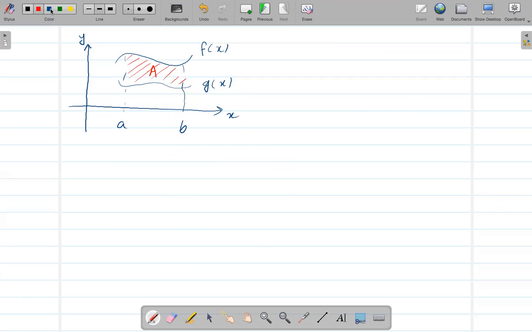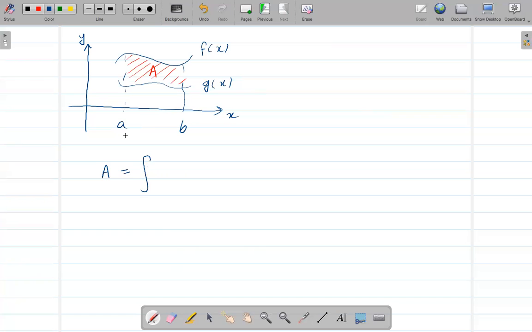So in this case, what we can do is first find the area under f of x on this interval, which will give the area of this whole thing. All right, and then subtract from the area of this whole thing this area, right? So this area I can find using g of x, right? So basically what I can say here is the area A, this area in this case, is going to be